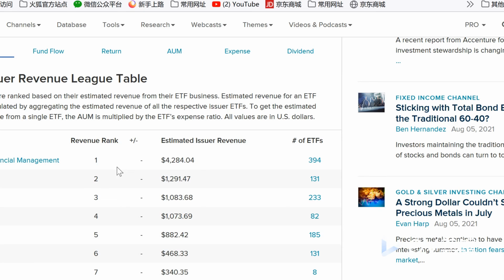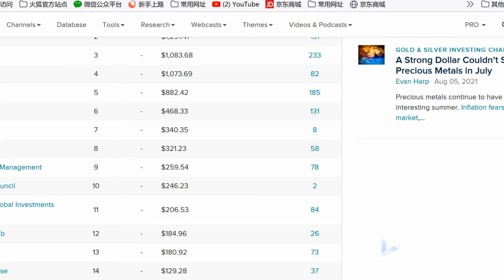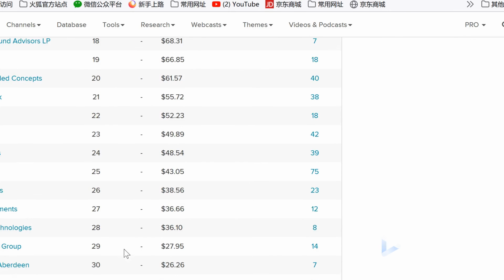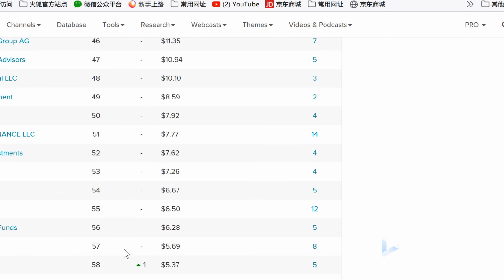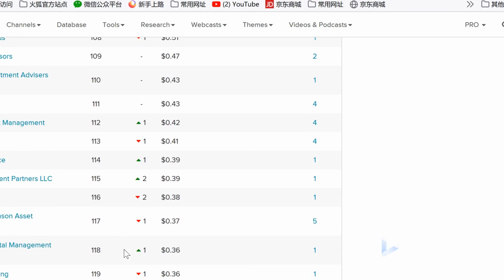Here you see BlackRock Financial Management, State Street, Invesco, Vanguard, which is a very, very popular firm. All right. We always talk about John Bogle. Next time we have time to talk about John Bogle himself. And you see different issuers here issuing different types of ETF, all with different functions and features in